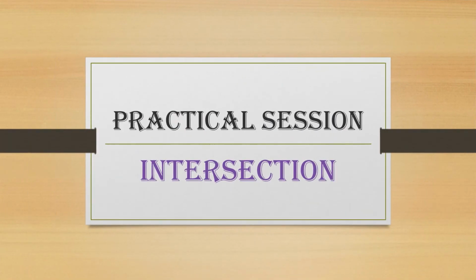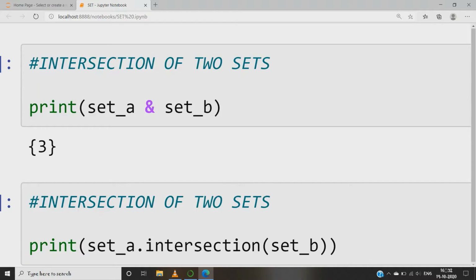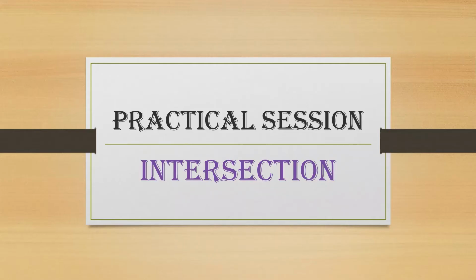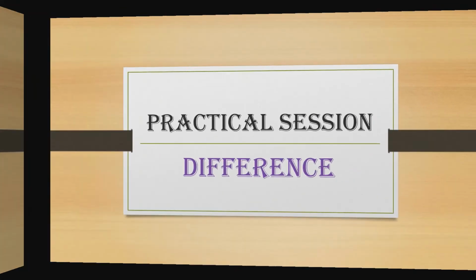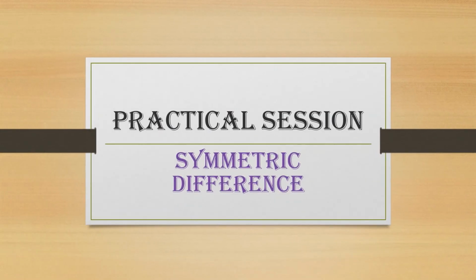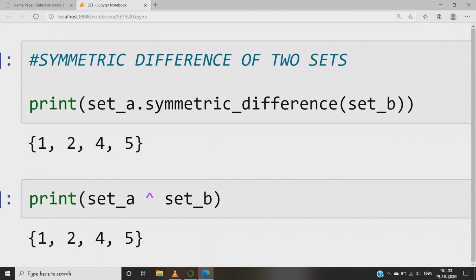Similarly, we have the intersection function, which takes n sets as input. The operator equivalent of intersection is bitwise AND. Now we have the difference function whose operator equivalent is the minus sign, which is a demonstration of operator overloading, which we have discussed already. I have provided the link for the video in my description box. Symmetric difference, on the other hand, can be obtained using the symmetric difference method, whose operator equivalent is the exponent sign. The copy method creates a shallow copy of a set.